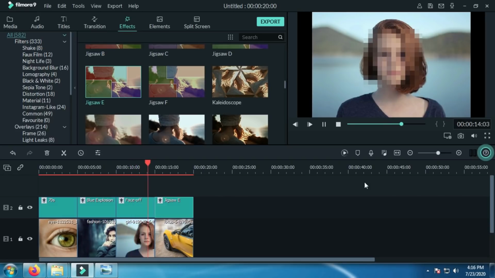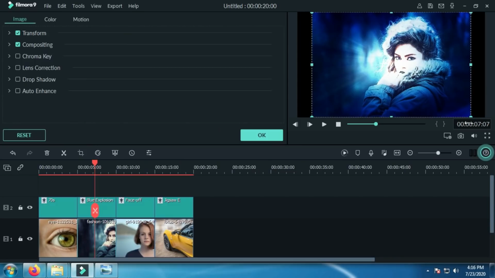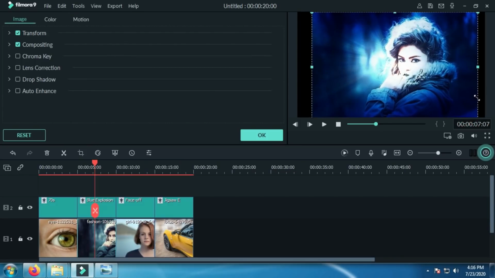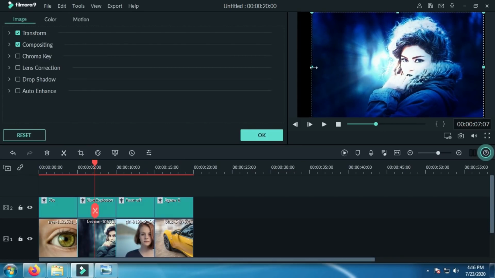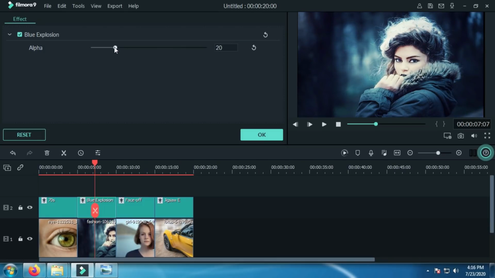This one is second. We applied 4 effects. See the blur effect applied on the face. You can adjust the effects. You click on that effect.